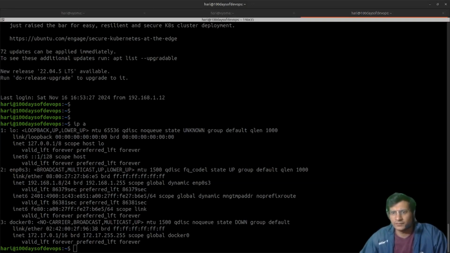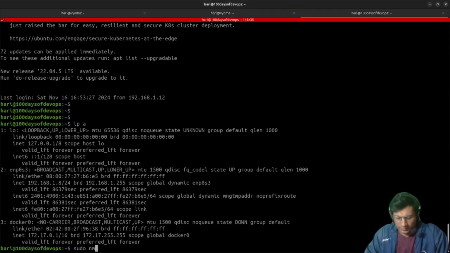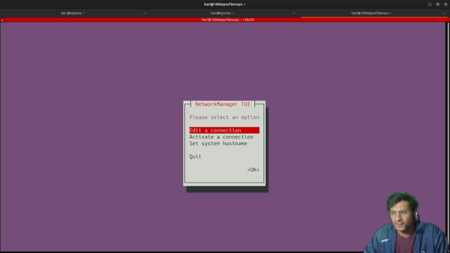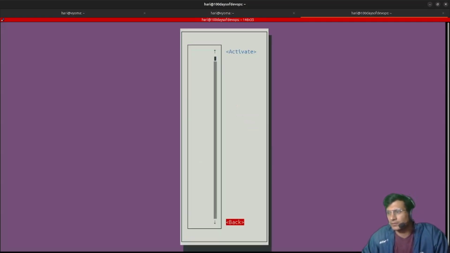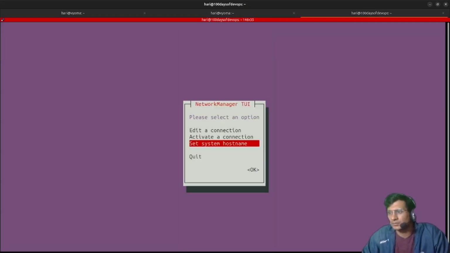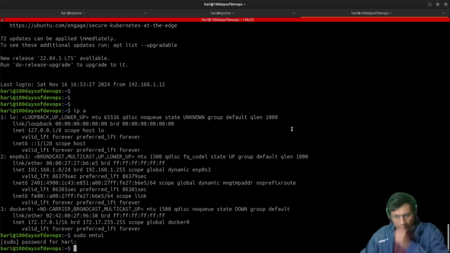First of all, let me check if we got access to nmtui. In nmtui, the devices should show up. Okay. Sudo nmtui, edit connection. No, why is it activate connection back? Set system hostname. Something is wrong over here. Okay, no worries. Let's just update it through our